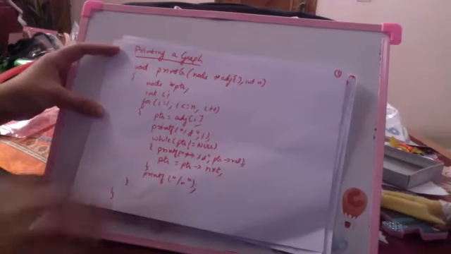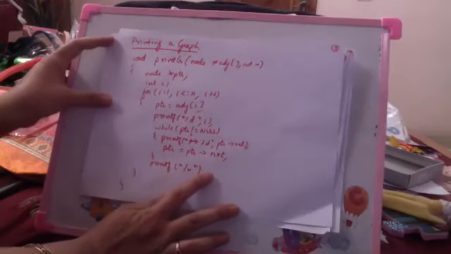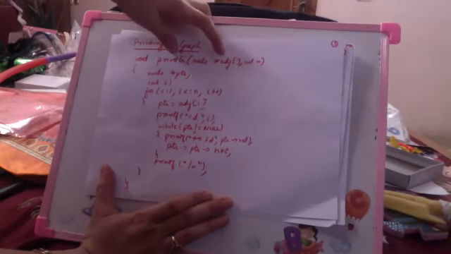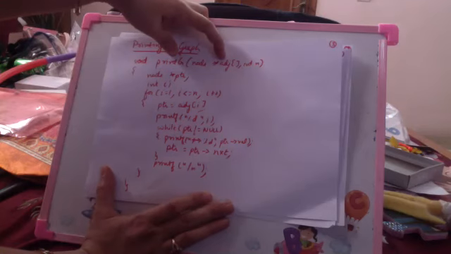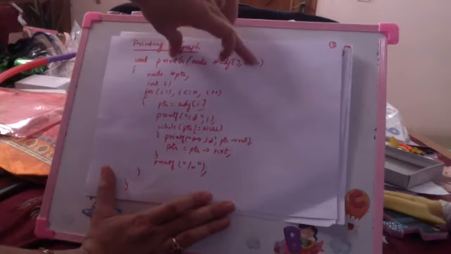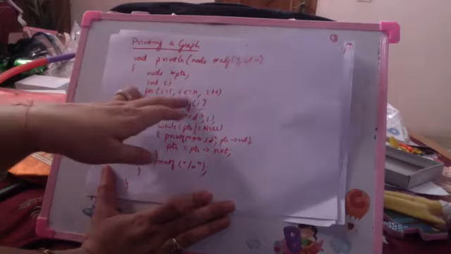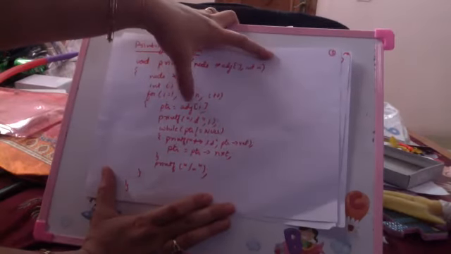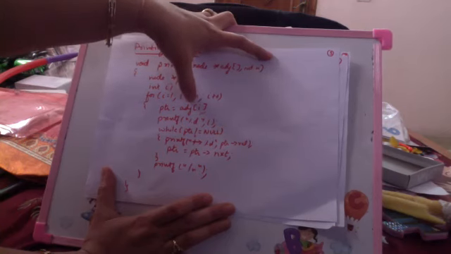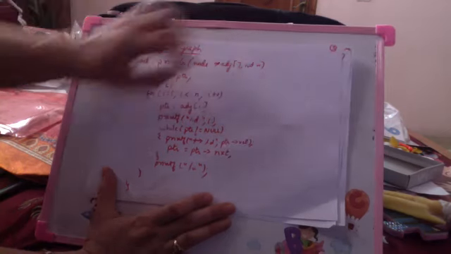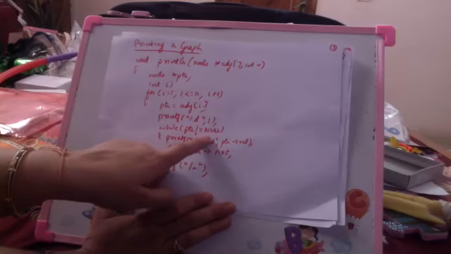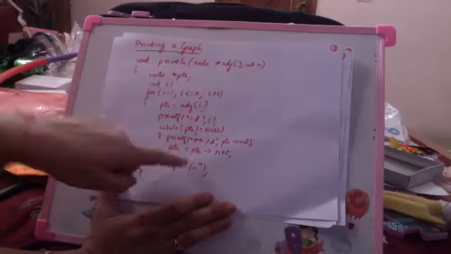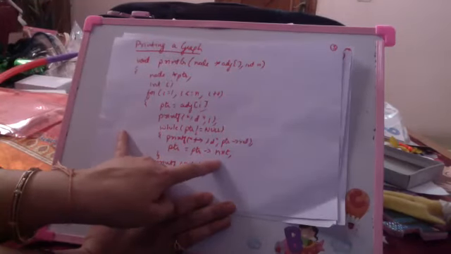Going back to what I was explaining, for printing an already created graph, I have the print function, with the pointer to the node, which is the list of all the nodes, and the total number of nodes. Running a loop for all the number of nodes. Initially, my temporary pointer has the initial node. Initial node I print, and while the pointer has something in the adjacency list, I print the value and I point to the next value in the adjacency list.